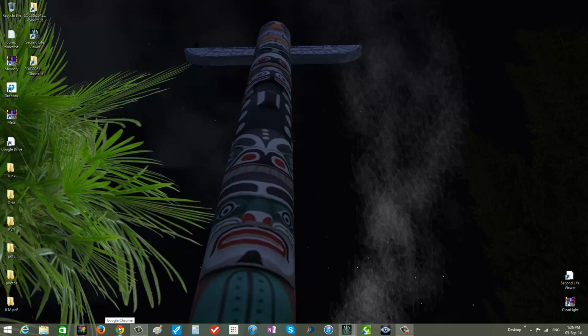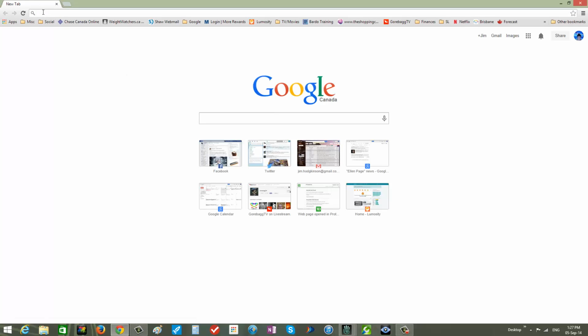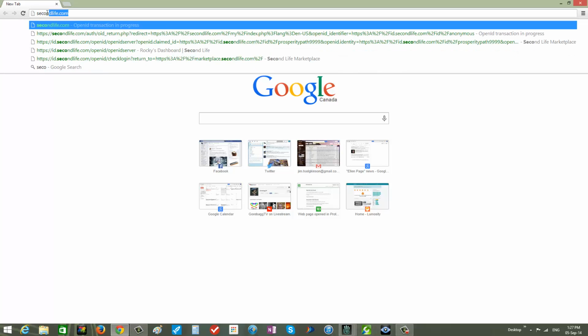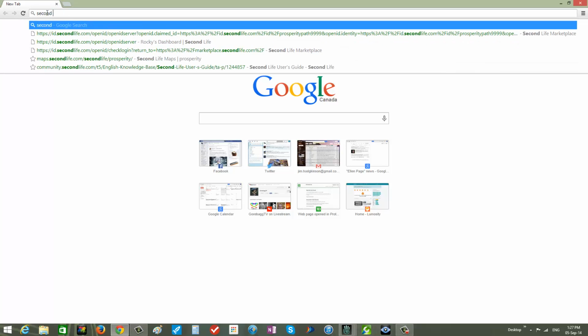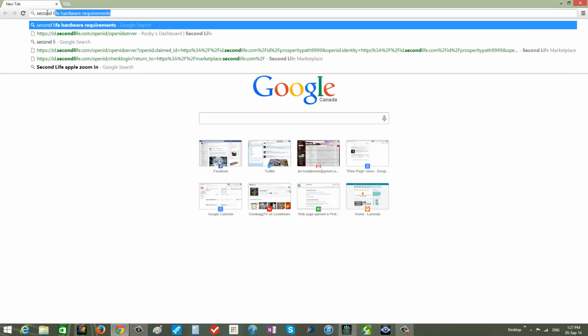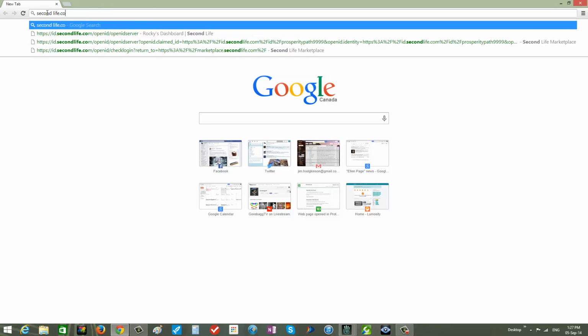You may have Firefox or Microsoft Explorer, whatever that's called. I'm just going to open up Chrome here, and all browsers have this address bar at the top. I'm going to enter secondlife.com,